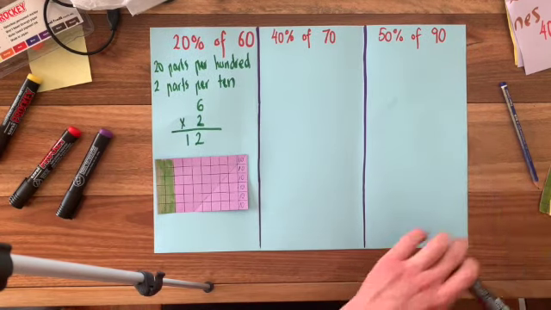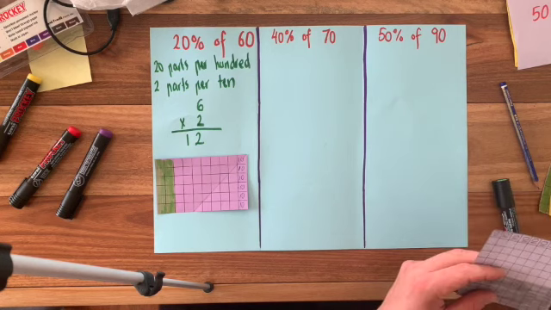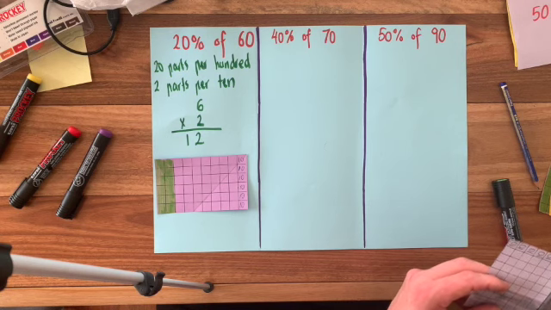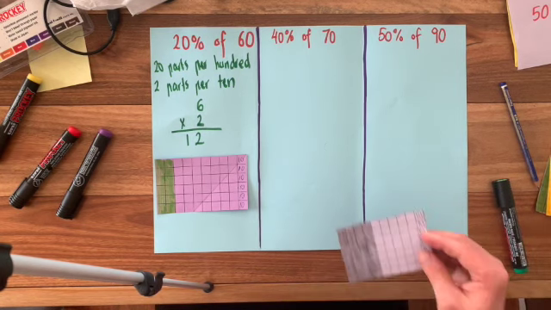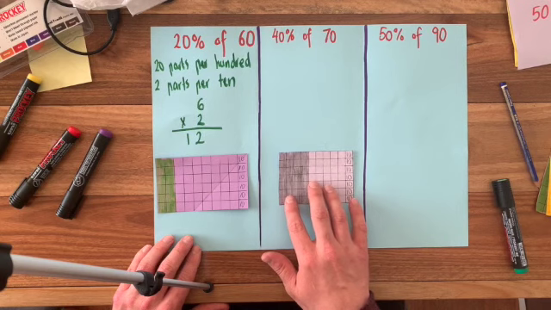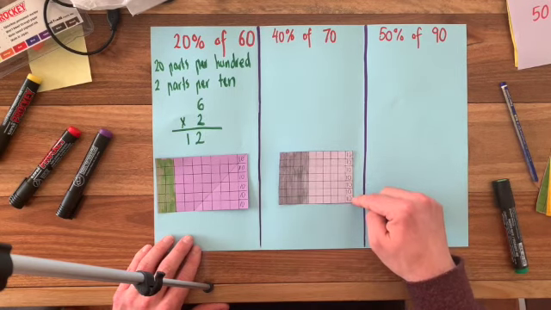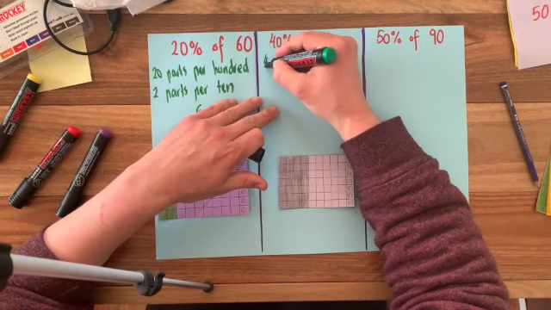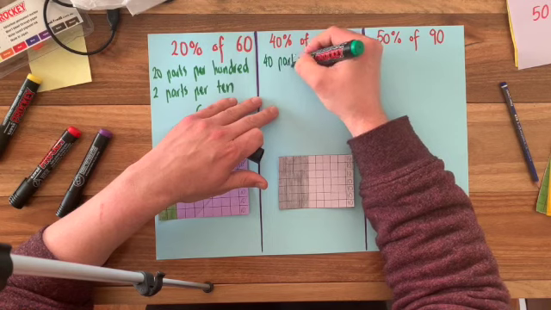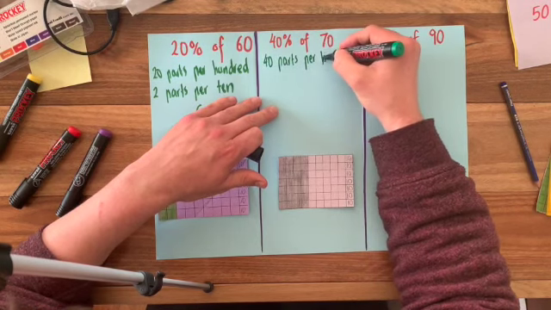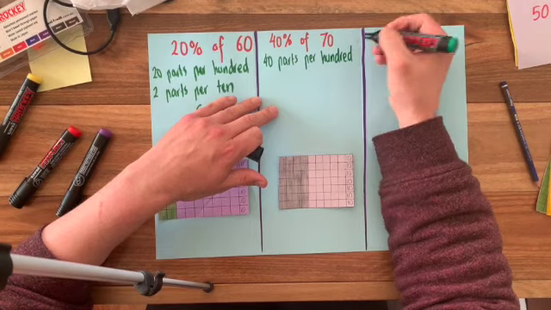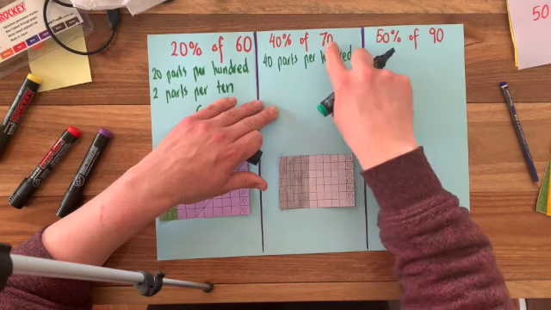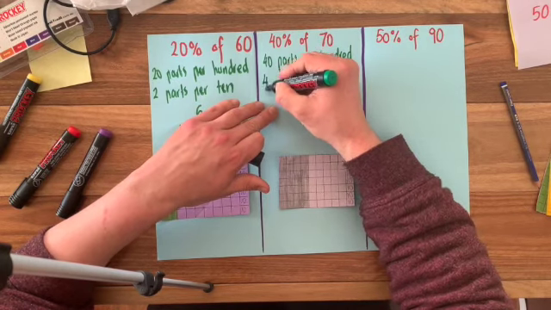My next example. As I said, we need to make sure that our diagram fits the actual equation. So we need to make sure our diagram has only 70 parts, not the 100. So here it is. 10, 20, 30, 40, 50, 60, 70. The first thing we know about a percent, 40% means 40 parts per 100. It also means, because we don't have 100, we're lower than 100, we need to figure out in the tens. We also know it means 4 parts